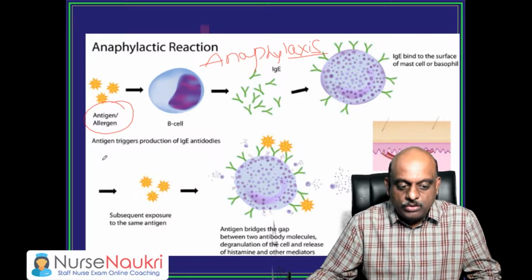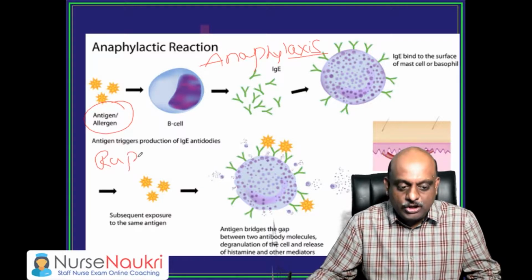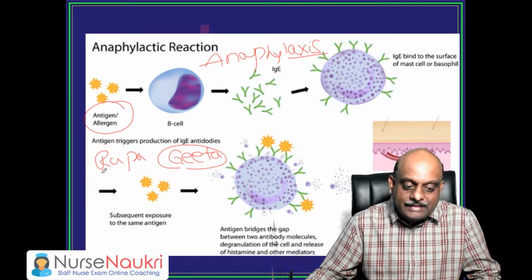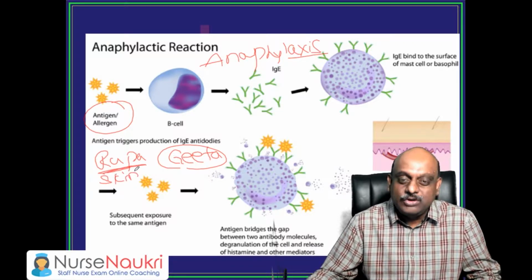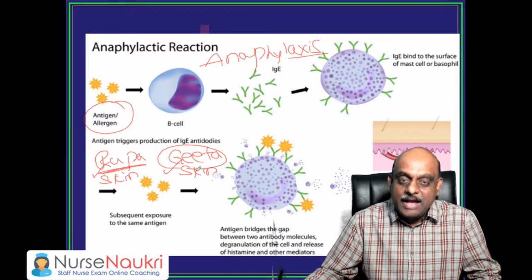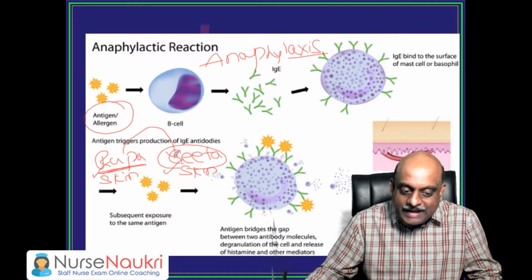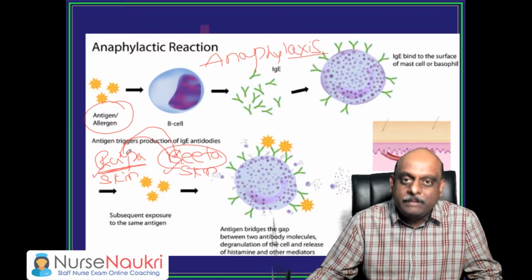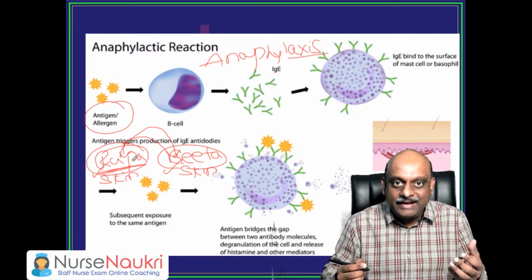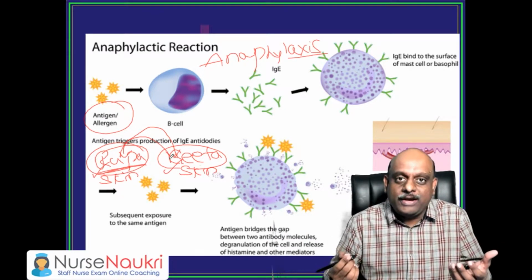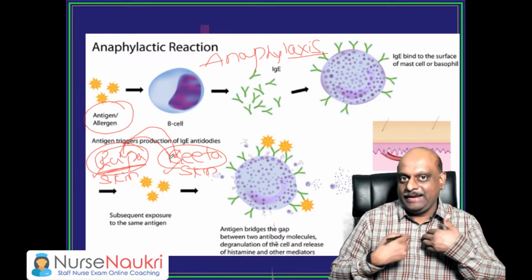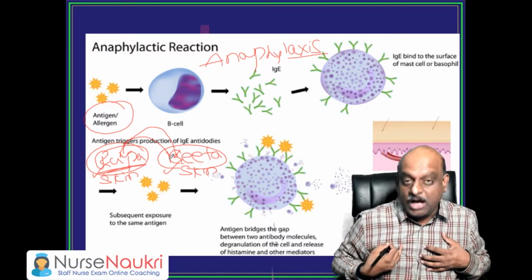See, रूपा है और गीता है. गीता का skin is different from, रूपा का skin is different from गीता का skin. अगर आप रूपा के स्किन को लाके गीता में लगाए तो, नहीं तो गीता के स्किन लाके रूपा में लगाए तो, obviously the रूपा's body will react and reject it, right? So how does the body respond to reject somebody which is not mine, right? If you bring your liver and give to me, how will I reject it?